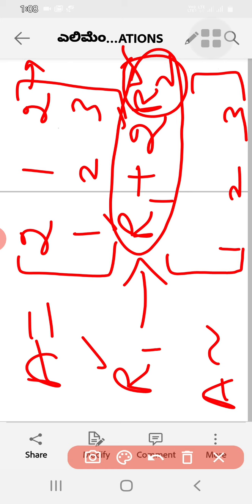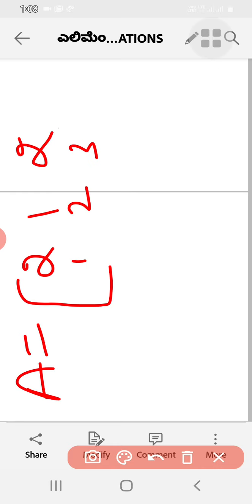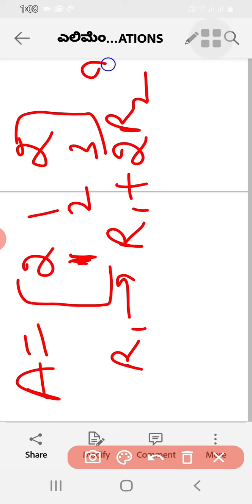So write the second row as it is. What I have written is R1 plus 2R2. That means I will write it again here. A is equal to 2, 1, 2, then 1, 2, 3. R1 changes to R1 plus 2R2. You can write any operations. I am just telling it for example's sake, R1 plus 2R2. What is the meaning of this R1 plus 2R2? I have to change the second.